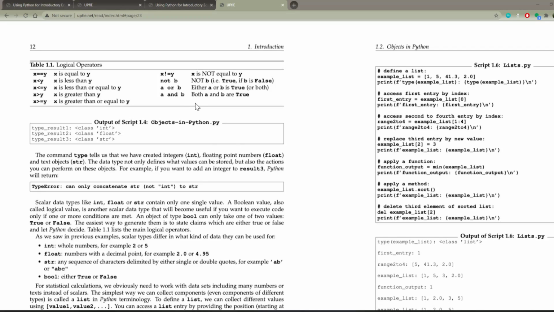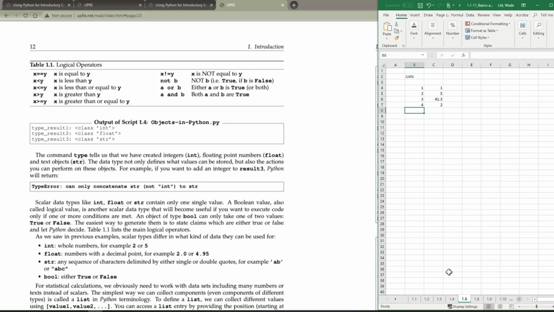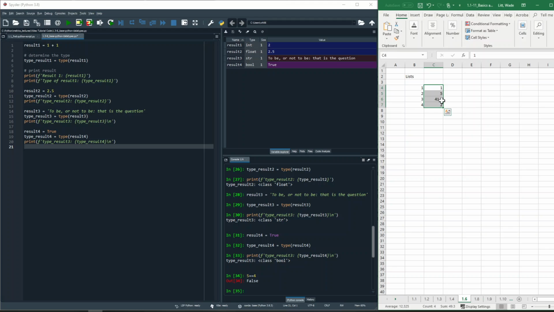Okay, next let's check out lists. Here we're just thinking this could be a list of numbers, it could be a list of strings, so it could be cat, dog, mouse, and cow. A list of strings or a list of numbers. And what I've done here, in Excel you have an index for the list, but in Python that's automatically done. So let me show you